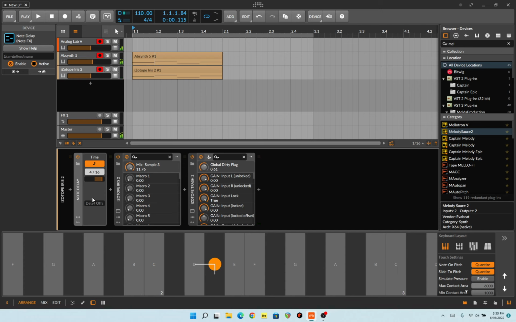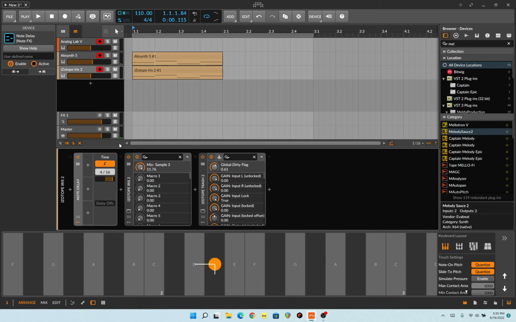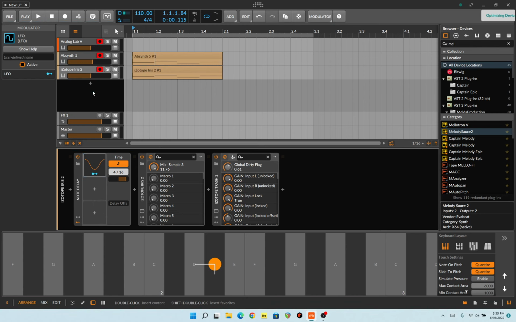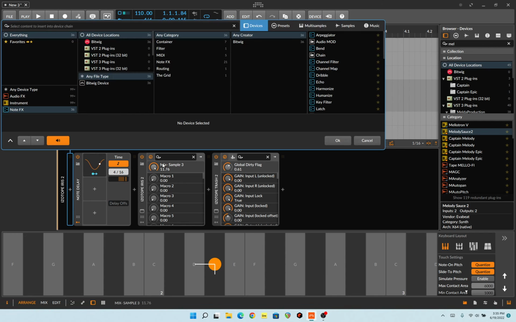So basically everything else is going, the Iris is getting the delay. So I want to add in sort of a... I can either do steps, but I don't want it running. Let me just do a traditional LFO and then map it to that. And then there is a time thing, if I'm not mistaken,